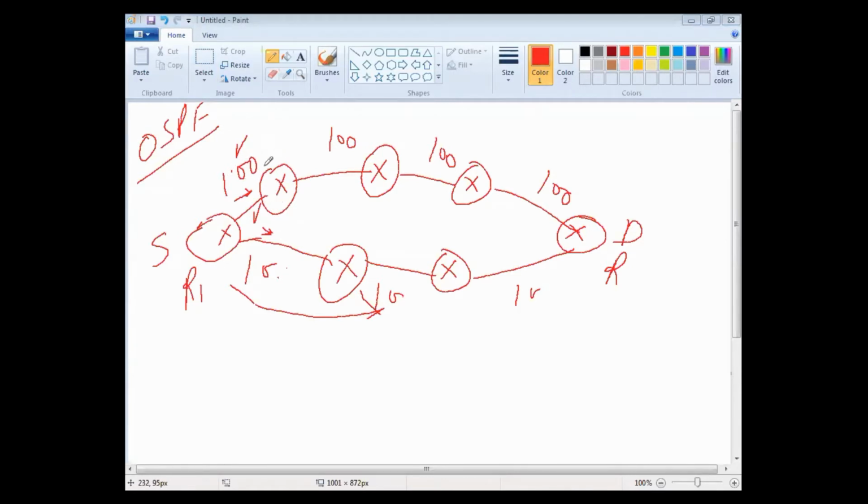So for these links, the cost is 10, 10, 10, and 10. And for this 10 Mbps, the cost is 100, 100, 100. So from source to destination, the cumulative cost from this route is 300.